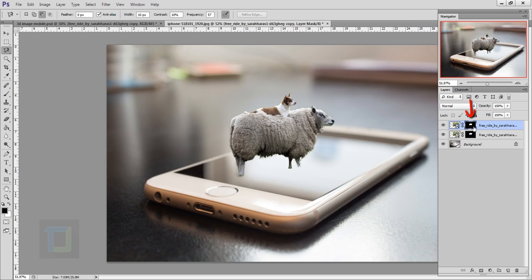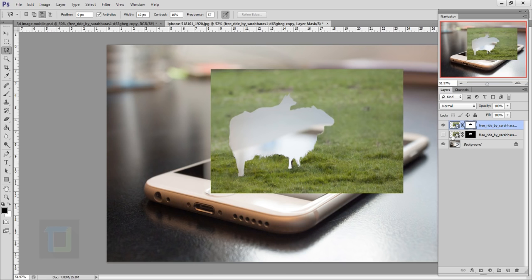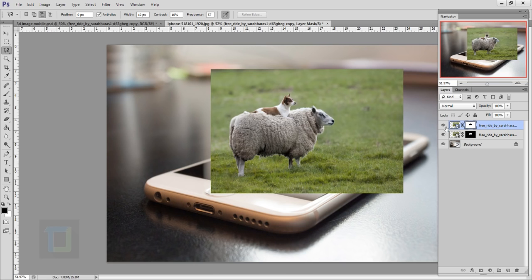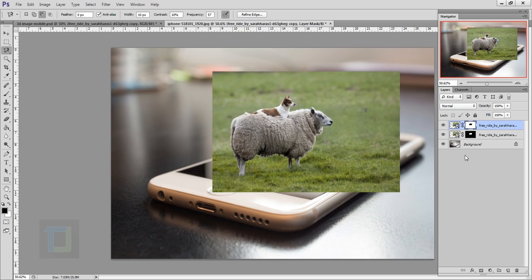Then you select this layer mask, activate it, and you turn off the eye for this one. As you can see, now we only have this layer. Now select this layer mask and then press Ctrl I and then turn this back on. So we have the shape on a different layer and the background on a different one. Now once you are done with this, go and turn off the eye of both of these layers,